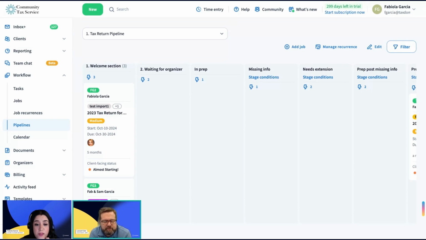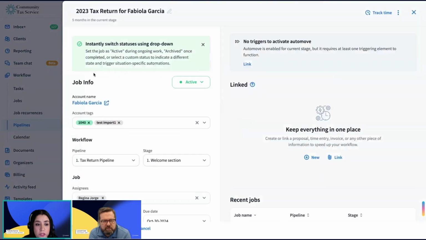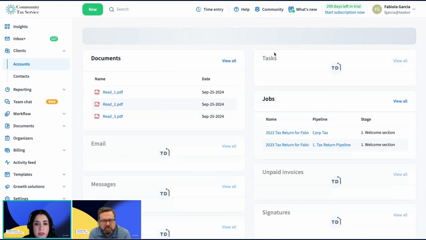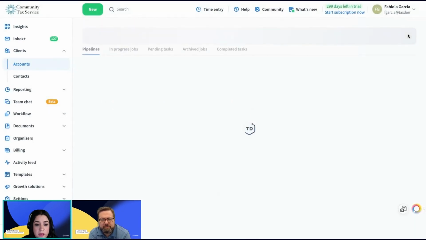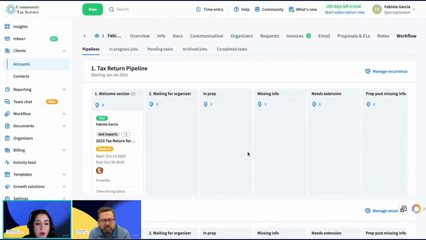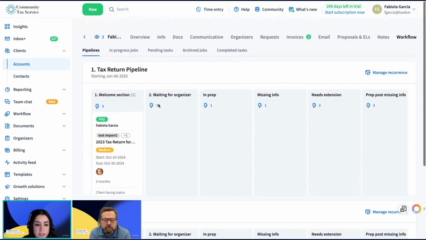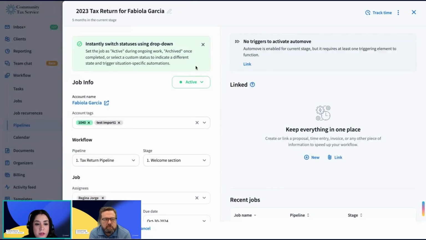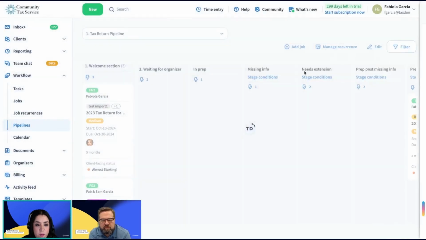Yeah, I agree with you on that. This is probably the best way because, like you mentioned, you can go to the account. If I go to the account itself, it'll open up a new tab. And yes, you can hyper focus on the workflow tab, and it'll kind of show you the same view, but only for that specific client, right? And it'll show you all the pipelines they're actually involved in, which is great. But if you're actively working just on one pipeline, it's better to stay inside of this view and use